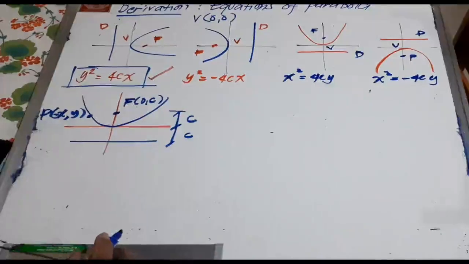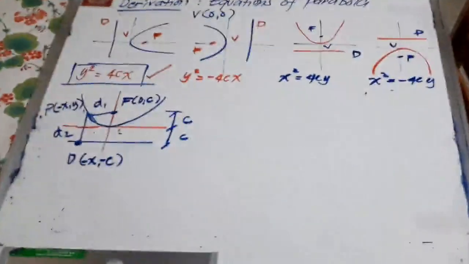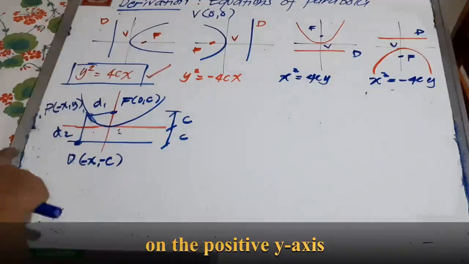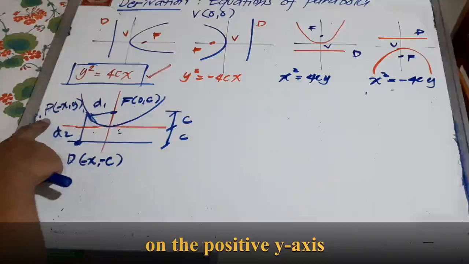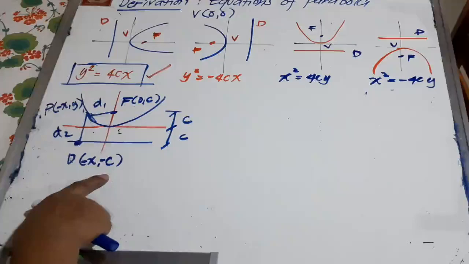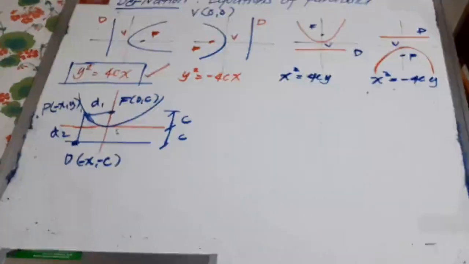Bakit 0? Ang kanyang x-axis kasi yung focus is along the positive y-axis. So, wala siyang horizontal distance. Pero meron siyang vertical. So, we have the vertical distance of the focus is equivalent to c, which is along the positive y-axis. Now, again, the coordinates of point P is negative x, y. The coordinate of this point on the directrix is negative x, negative c. Okay? Now, we are ready now in deriving the equation of this parabola, wherein the parabola opens upward using the